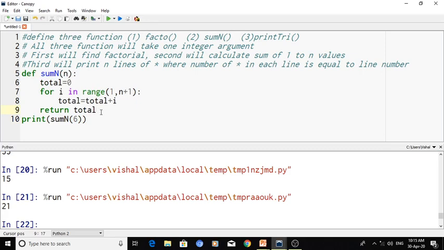So similarly, we will define the second function, that is factorial.